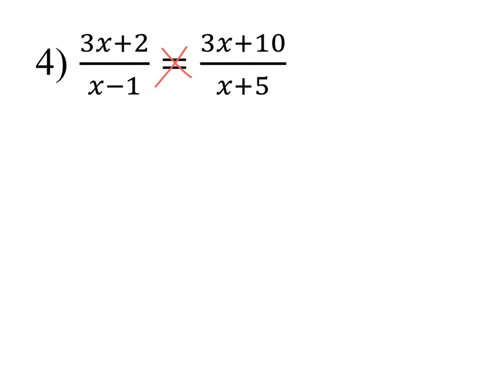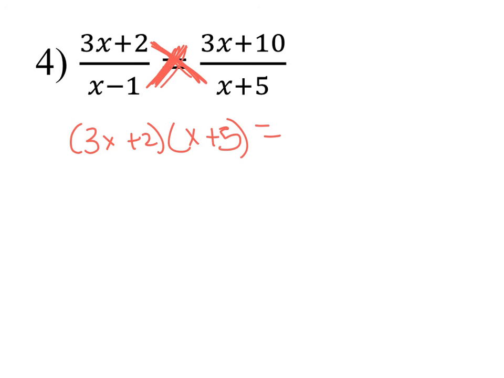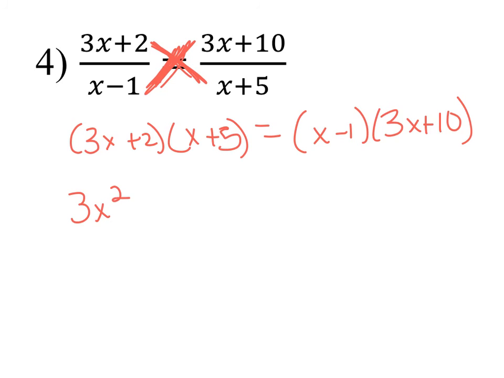Okay, so let's do it. 3x plus 2 times x plus 5 equals, so one side, the product of the means, is equal to the product of the extremes. I think this one's the means, but whatever. So x minus 1, 3x plus 10. And then we solve. So you have to multiply. If you like the box method, do that. If you don't, don't. Okay, but in the end, you should get 3x squared